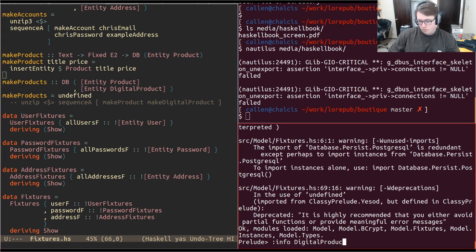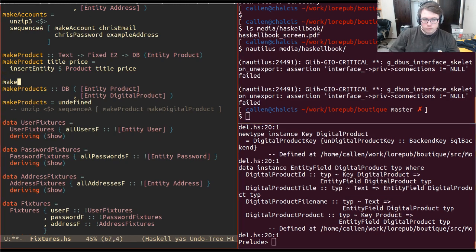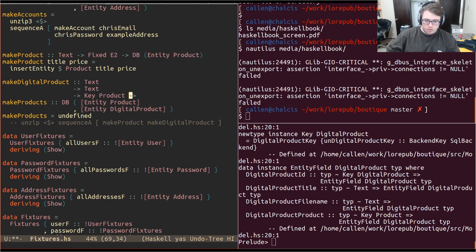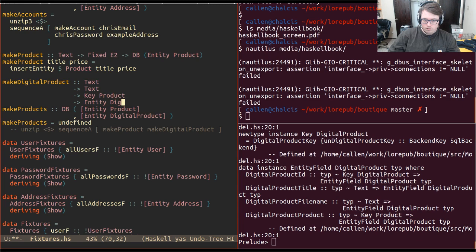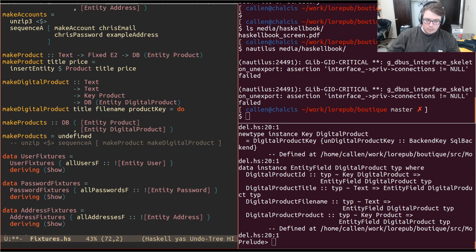a digital product, and that's going to be title, file name, key product, entity, digital product, DB, title, file name, product key, insert entity,